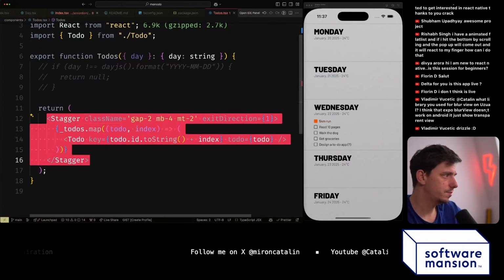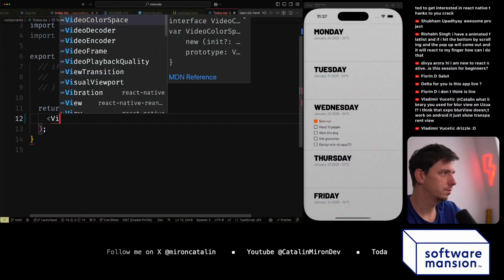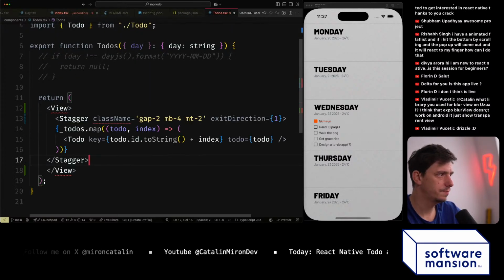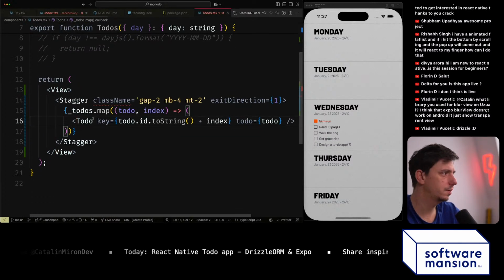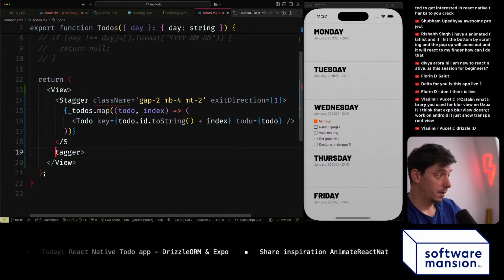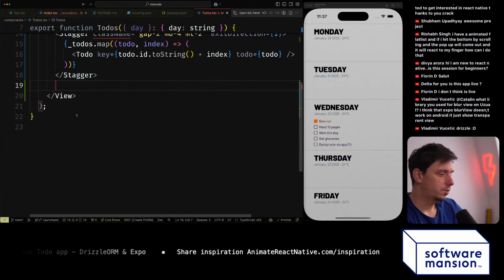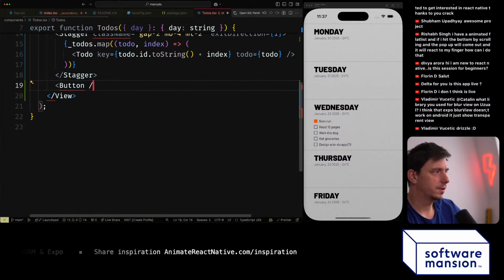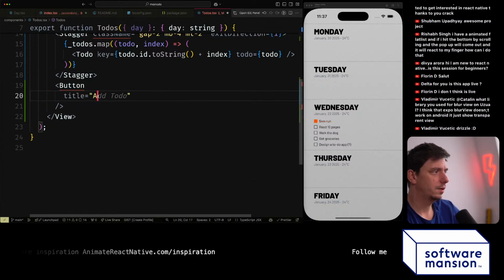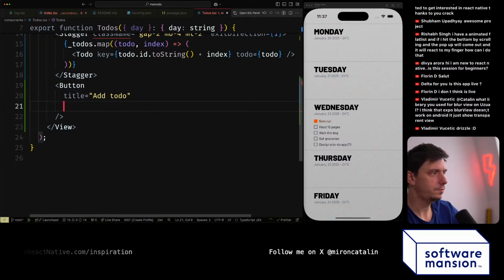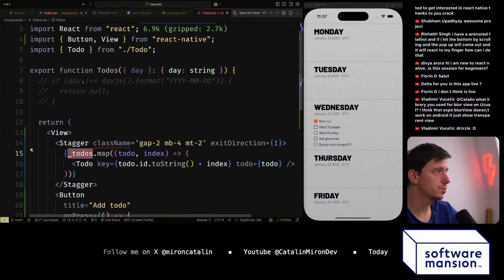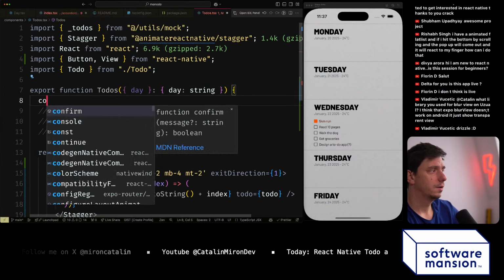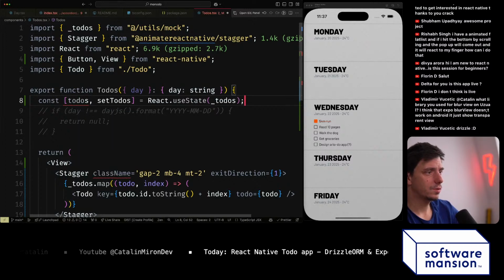Okay, so let's wrap this into a view. This view should come from React Native. But I would like, just for now, a dummy button, title, add to do, and on press I'll store the to-dos. So to-dos should be